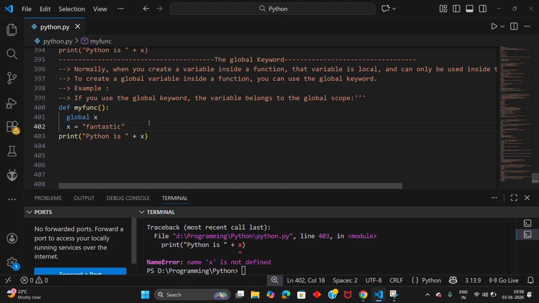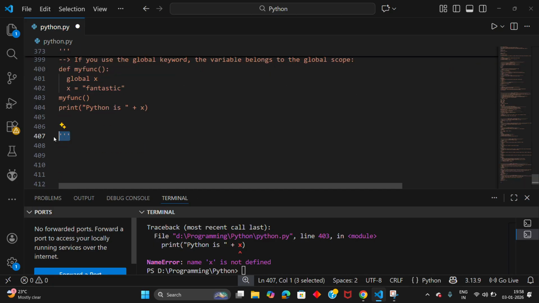So we must use this particular statement, my function, okay. If you are not using this my function, then the interpreter can't go to this particular function. It doesn't know whether this function exists or not. So you must call the function, okay. Don't forget this point. I will discuss this mostly in the functions part also. Yeah, next,